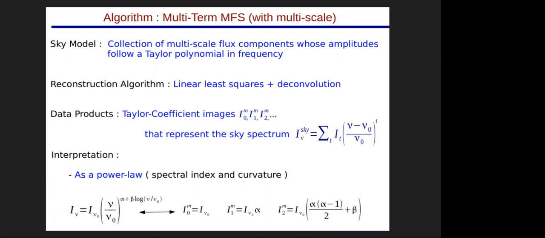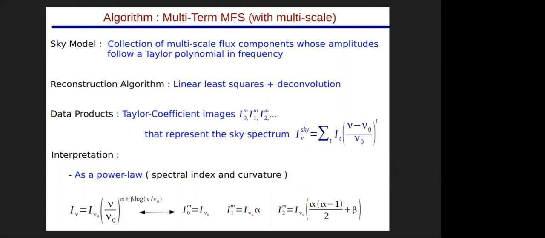So what will happen is that your specific intensity, that is I sky, is not a constant. It is not just a flat spectrum. It may change, right? You know the synchrotron theory. It is basically synchrotron emission, and it goes as a power law of alpha. But it may happen that it has a break, and again has some sharp spectral index. Your source may have a break, it has a curvature term, all other stuff is there. So if you just image at a central frequency and you do not model the sources as a function of frequency, then it will be problematic.